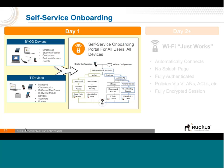From a self-service onboarding standpoint, most of these onboarding functionalities are a day one activity, which means a user comes on the network, they go through a process to get their devices configured, and that's it. As long as they are allowed to be on the network, they don't have to do anything else. So they still connect automatically with the appropriate policies without having to do anything. And even the day one process is extremely simple and straightforward. It can be as simple as an admin wants, or as complex as